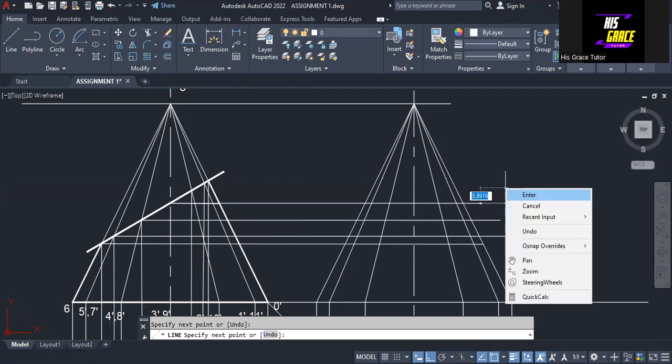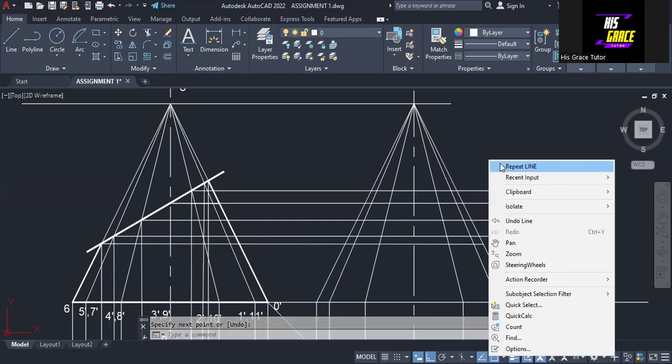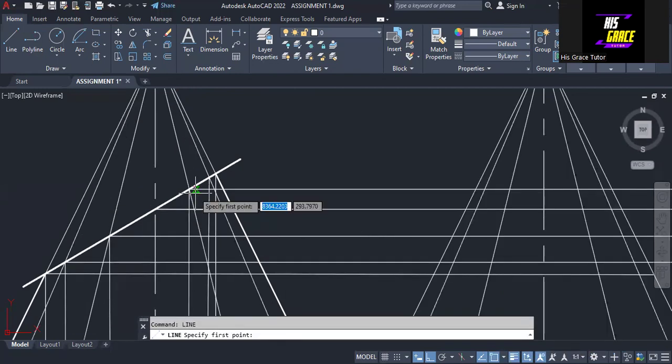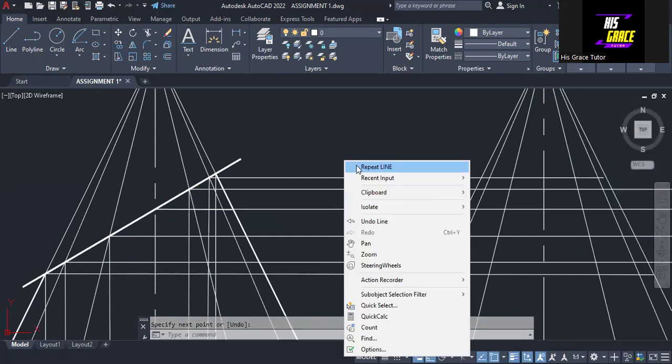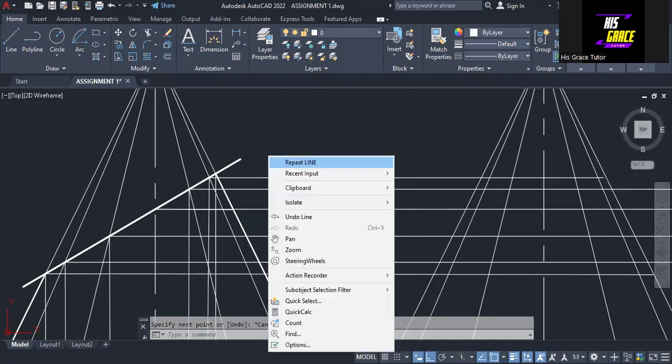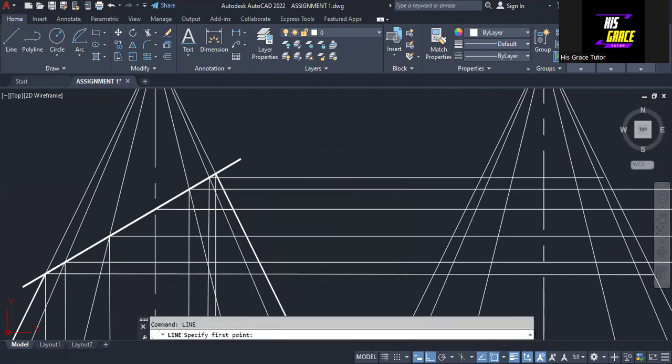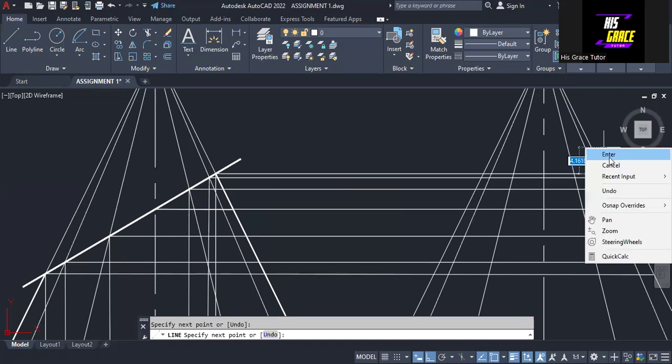Okay, so this point is for 2, 10. And then this point here, so let's make it more visible. This point here is for 1, 11. And then lastly, this point is for 0. So I draw a horizontal line from here, going like this. All right, so we have,